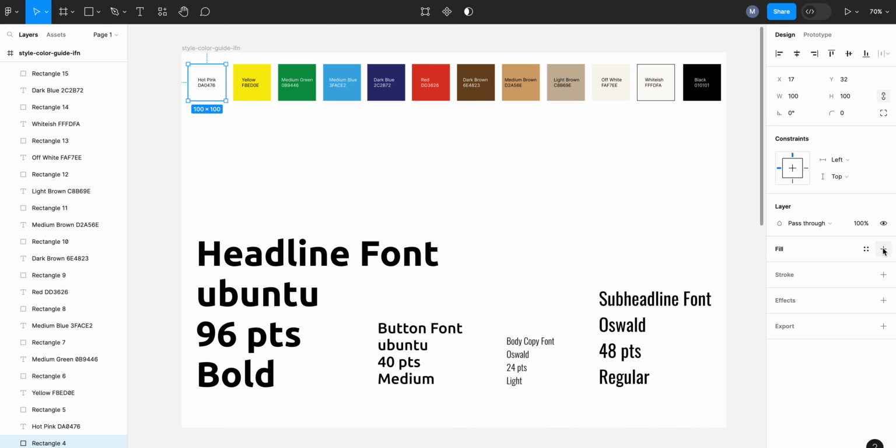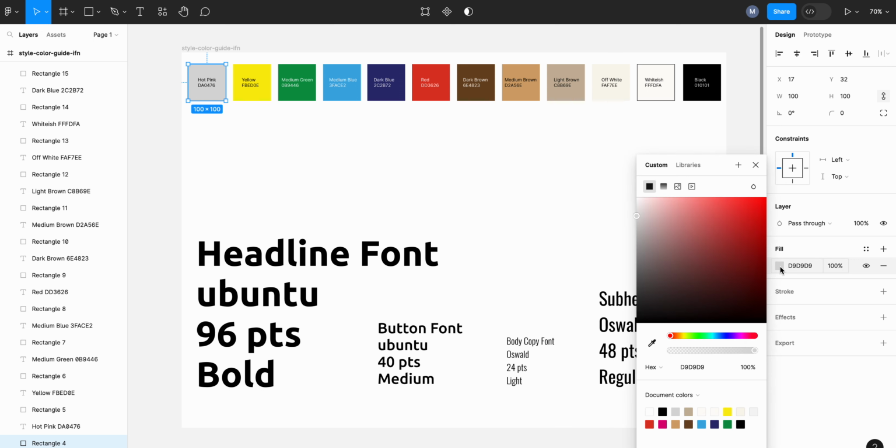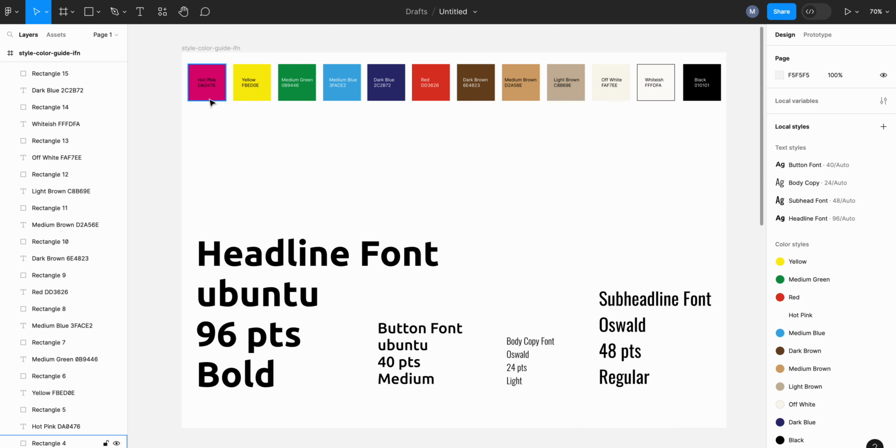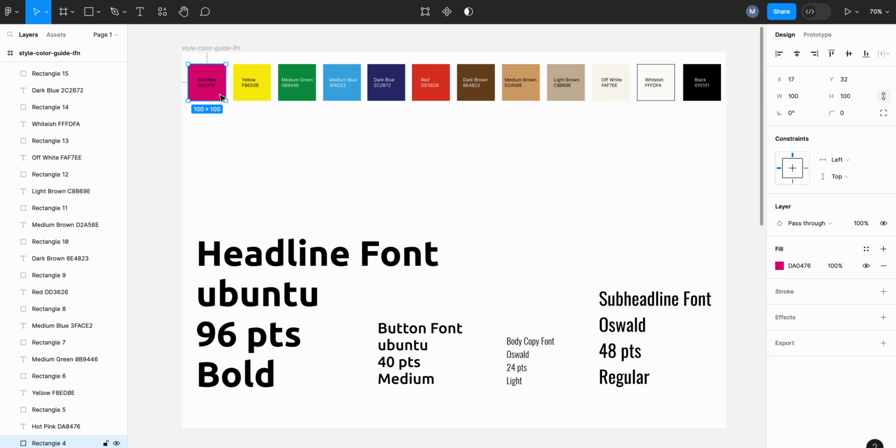I'm going to click the plus sign, and I'm going to come over here, and I have the hex code already. So I'm just going to type in the hex code that I see there, and it is now hot pink. So what I need to do next to create this into a style guide, so I mean,